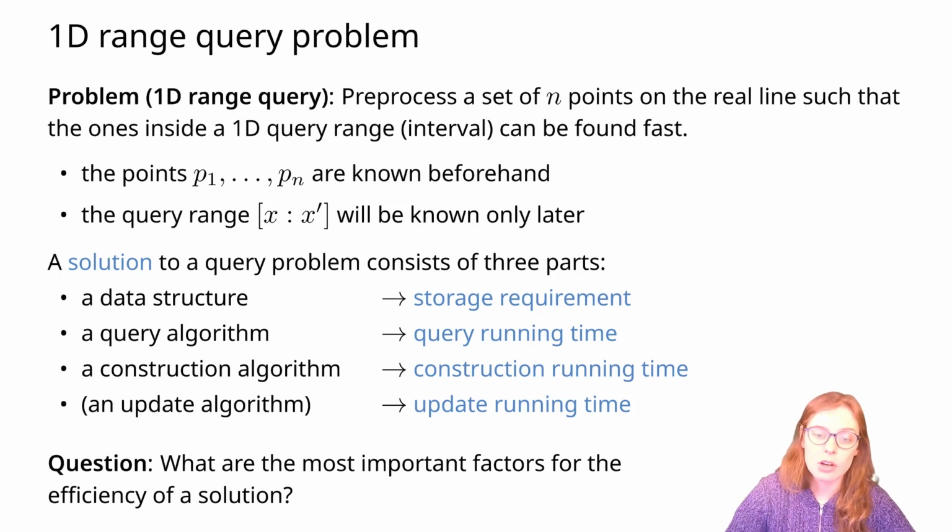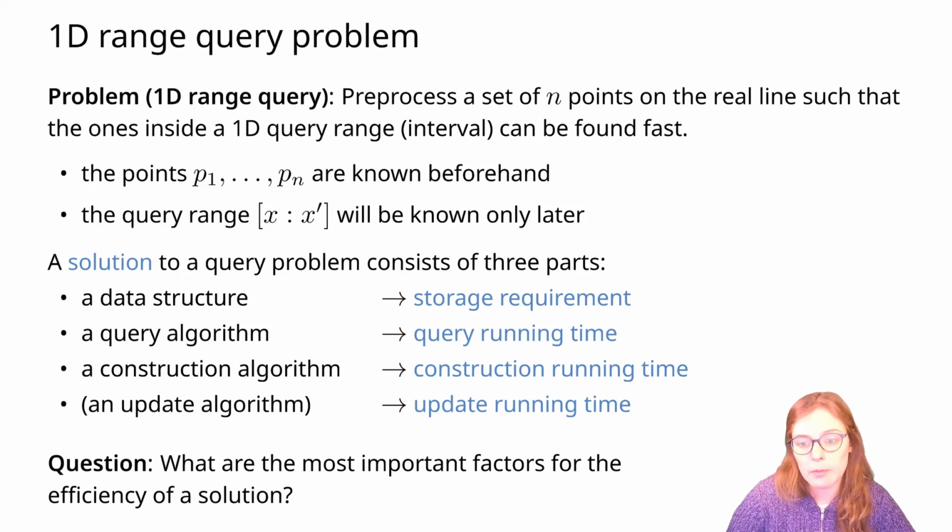Similarly, for the construction algorithm, we are interested in how fast we can construct such a data structure. And finally, of course, for the update algorithm, we're interested in the running time of the update process. Which of these factors is more important depends on the specific application, and that is why we can design multiple data structures that will answer the same question, but give you a trade-off between maybe storage or the running